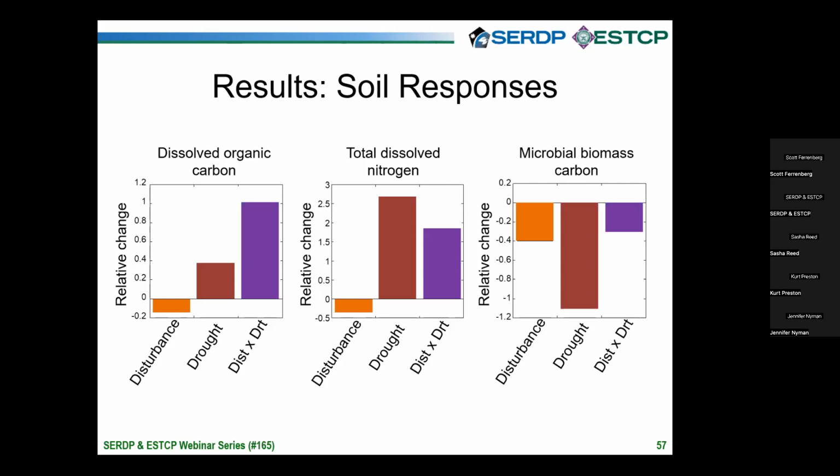And if it goes positive, it means we've boosted it in those treatments. We're looking at organic carbon, dissolved nitrogen, and microbial biomass as we move left to right respectively. If we weren't able to see the right-hand panel, if that microbial biomass was blotted out and we were just focused on the left, we would think we would be able to explain this. So we see that organic carbon and nitrogen increase with droughting because of the drought and disturbance interaction.